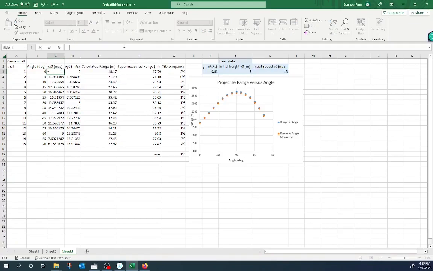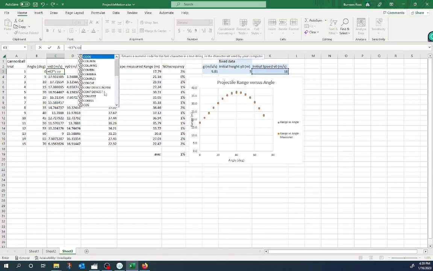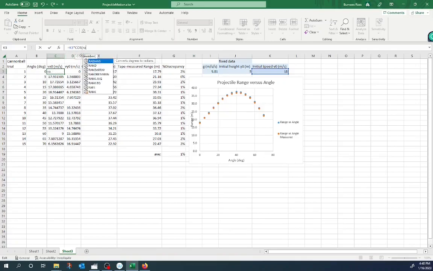So I go equal to, click on the cell over here, K3, times, so I start typing, I want a cosine. I got the cosine down here, click on that, and then if I just click on the angle over here, that would work for 0 because 0 degrees is equal to 0 radians, but for any other angles going up here, Excel wants the angle in radians. So how do I get that? I use this radians function, double click on it, double click the cell with the angle in it,